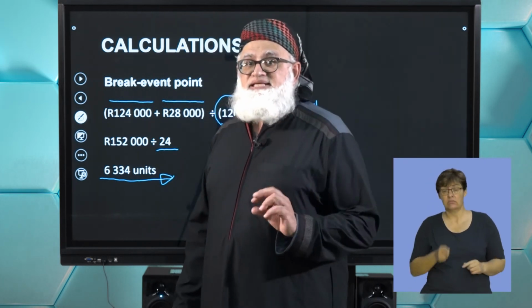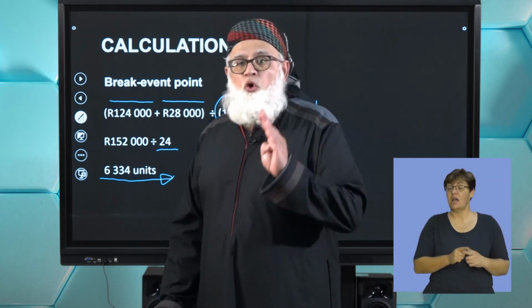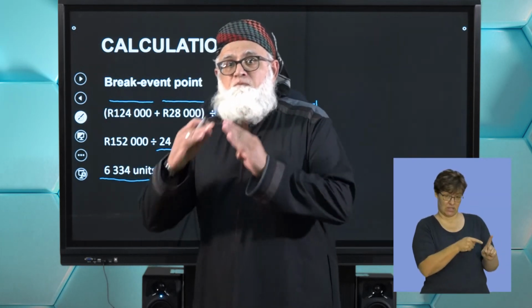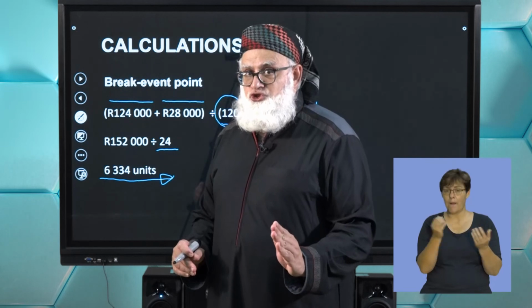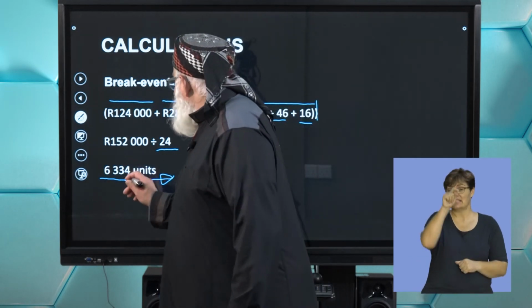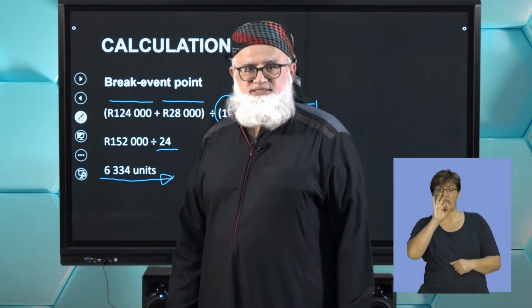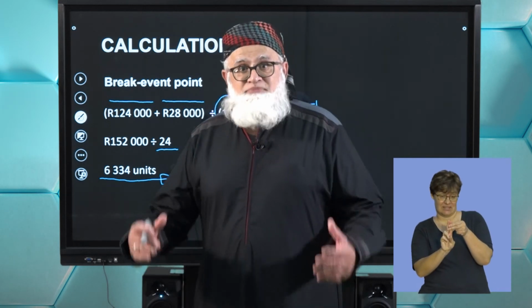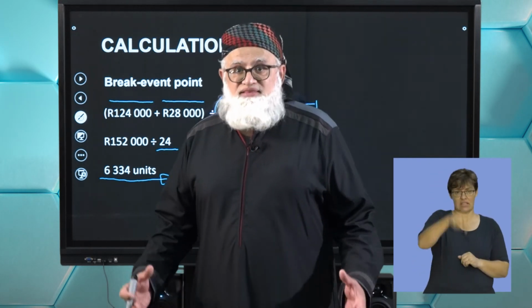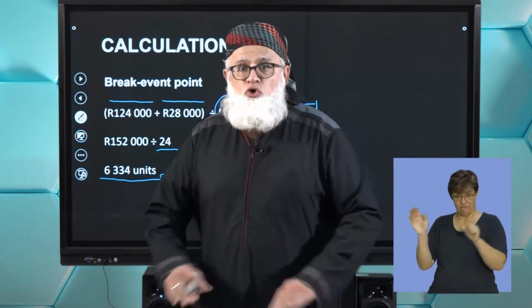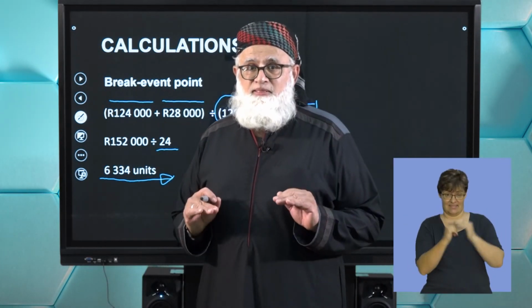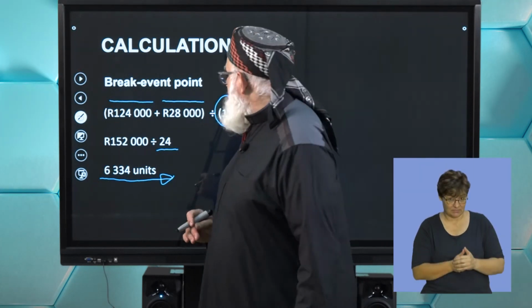So, what does this indicator tell you? This indicator informs you that in order for this factory to break even, they need to produce 6,334 units. In other words, 6,334 units have to be made and sold in order to break even. Clear? So now you have a question that says,